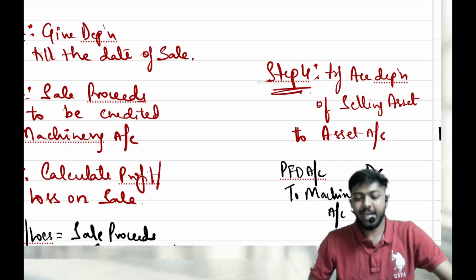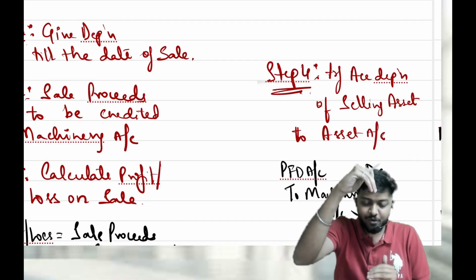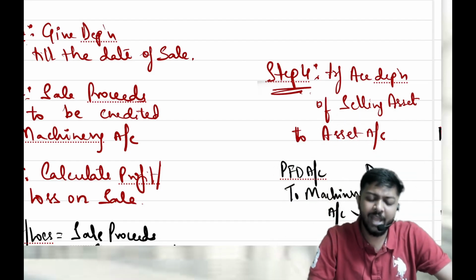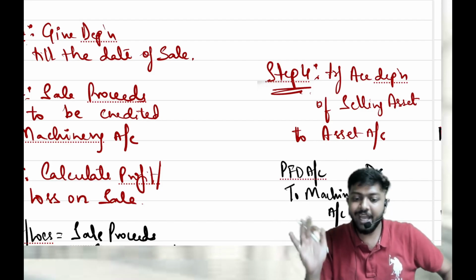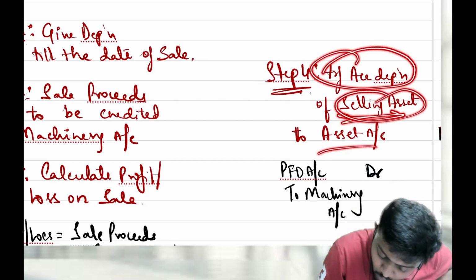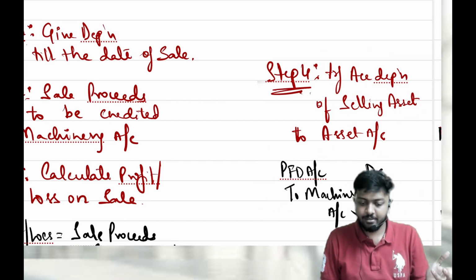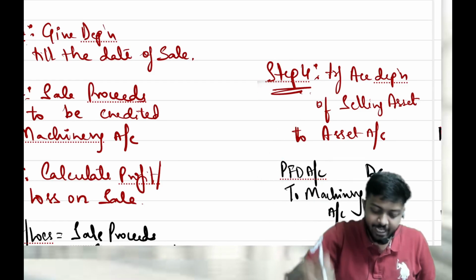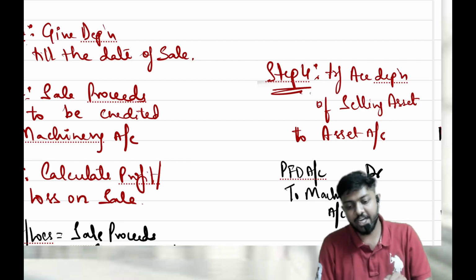So basically the problem is cost is there in the machinery account, depreciation is there in the PFD account. What I will do is transfer this depreciation which is there in PFD to the machinery account, the asset account, and I will do all the entries normally, simple. Sir, will we transfer all the PFD? No, the PFD of the selling asset. Transfer accumulated depreciation of the selling asset to the asset account. Sir, what is the entry? PFD to machinery. From PFD you debit and credit the machinery account. The moment you hit the depreciation to the asset account, the asset will decrease, machinery is getting credited. And PFD has a credit balance; on reduction, it gets debited.